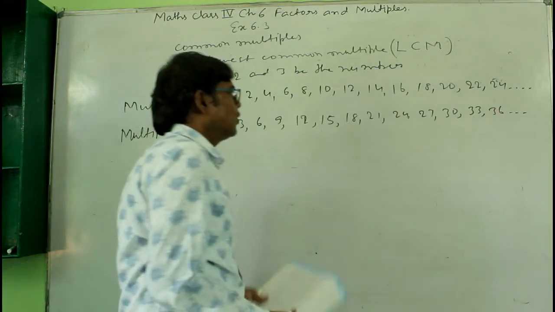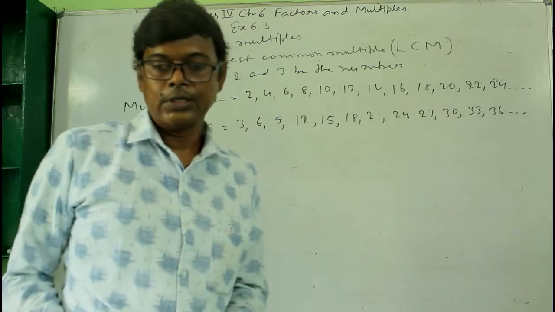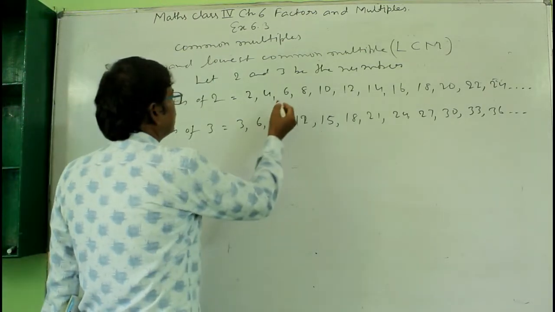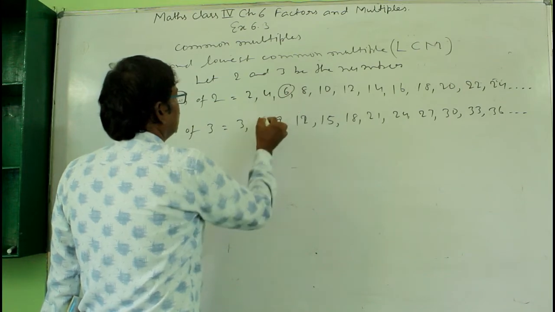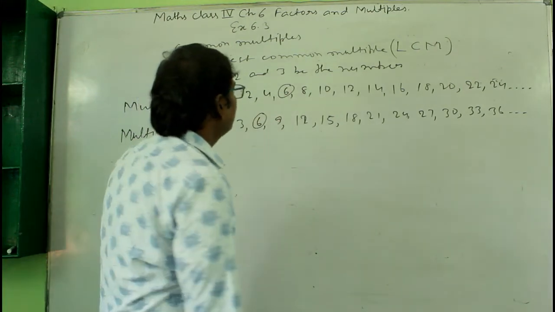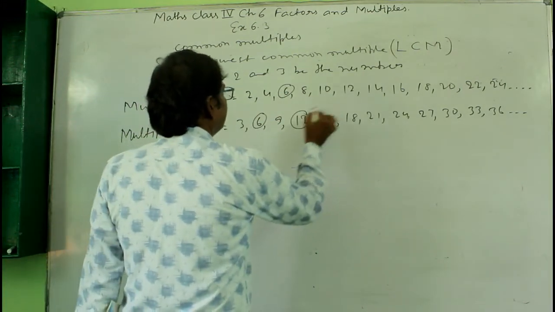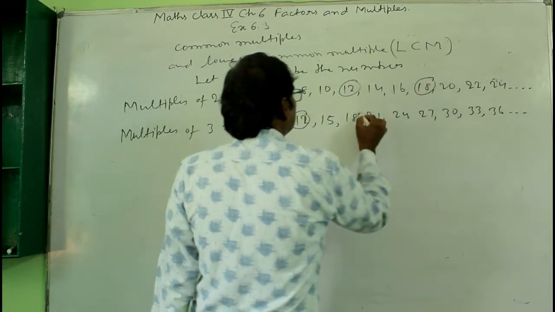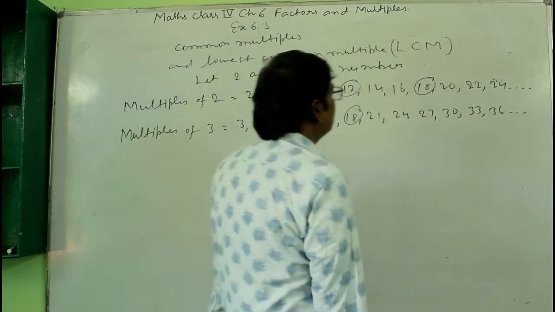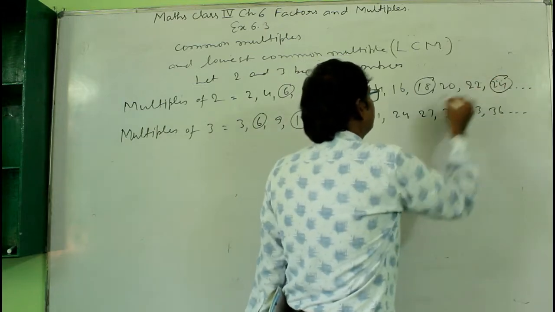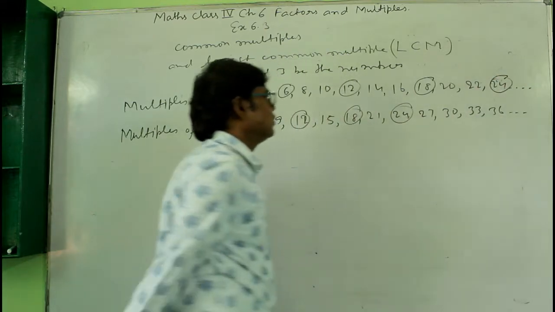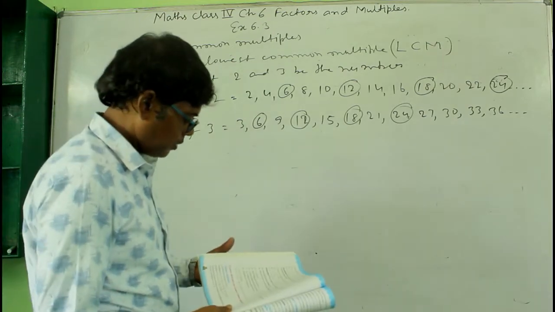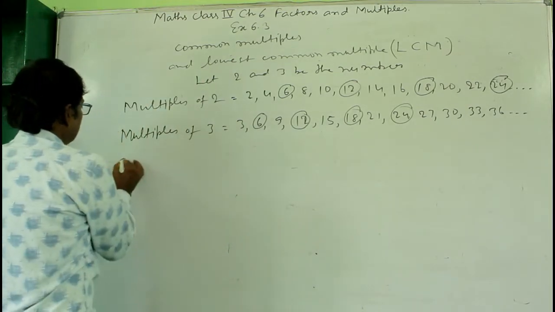Okay, like this. Now observe some interesting things here. What is common here? 6, here 6 is common. Then what else is common? 12 and 12. Then you have 18 and here 18. और इसके बाद here also 24, 24. Okay, and so on. So here you will write that the common